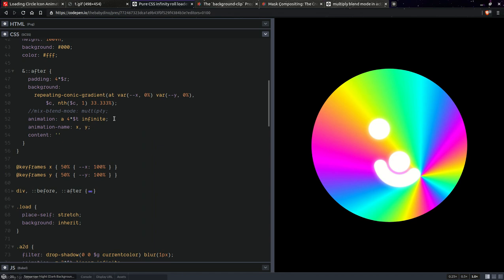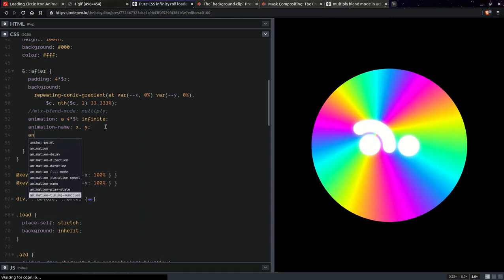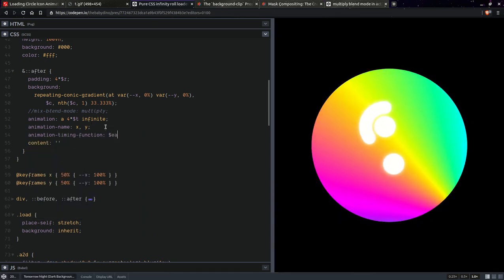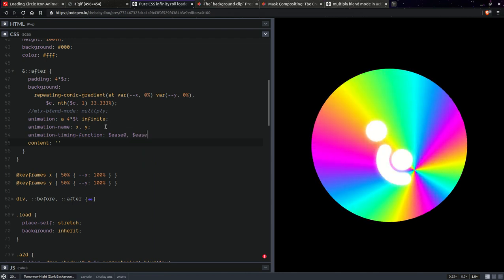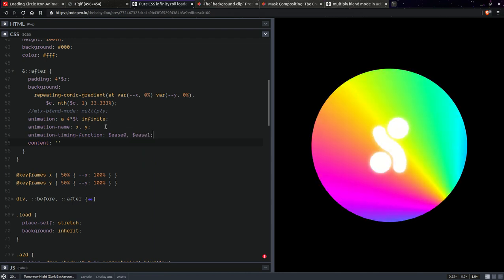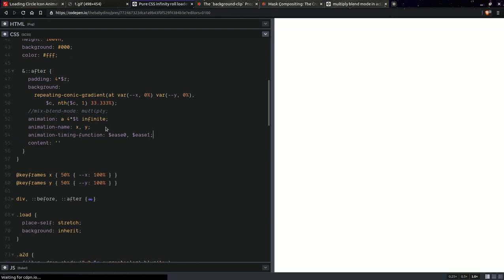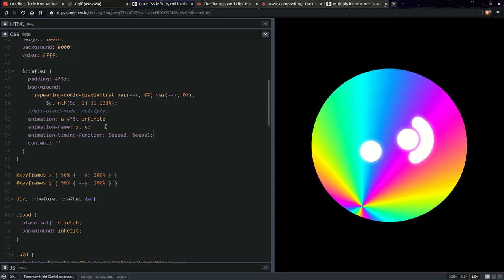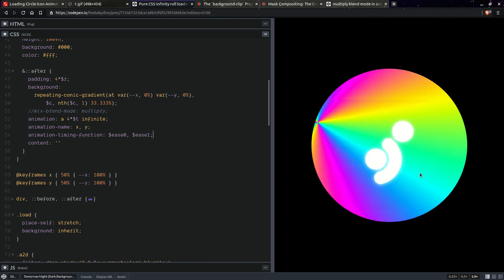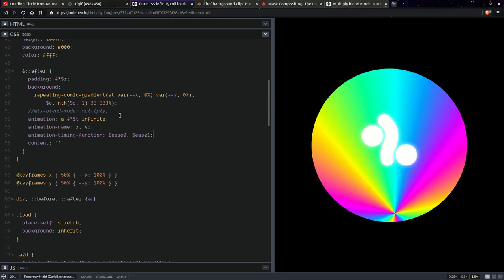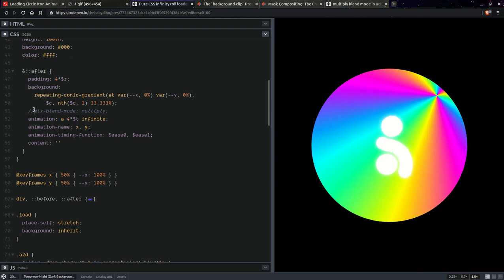So let's say here we're going to have animation timing function is 0 and then is 1. Let's see it. How is it going to move now? Okay, much nicer. So you can see how it avoids the area where we have much better like this. So if we have the mix blend mode,